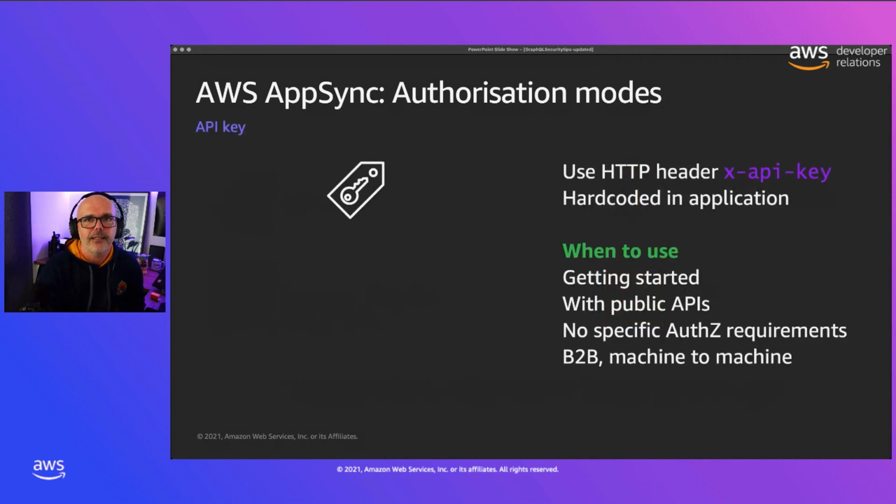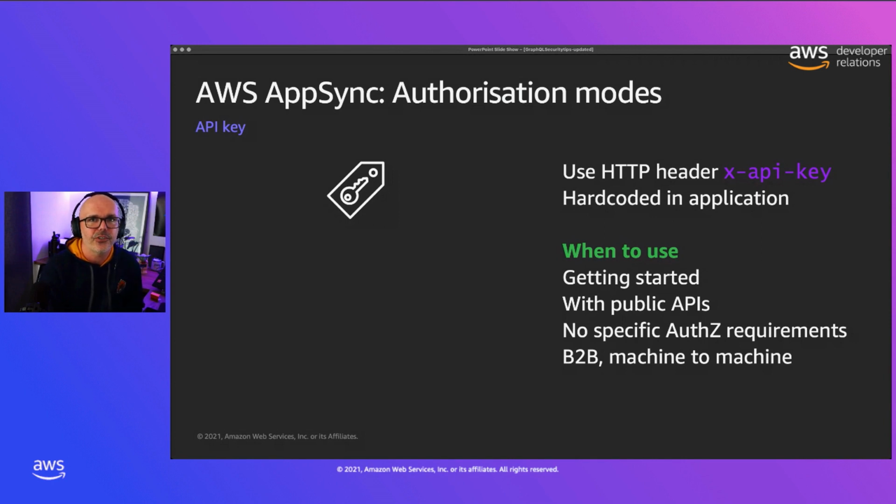The first mode that we'll look at is the humble API key. So this mode allows you to simply specify a header in your AppSync request. So this header is called x-api-key and specifies a value of an API key that you've set up in your AppSync API. So you can for example, go into AppSync console, go into settings and set up an API key and give it a value or use a default that's already provided. This is a fairly simple but efficient mode to use when you're getting started.